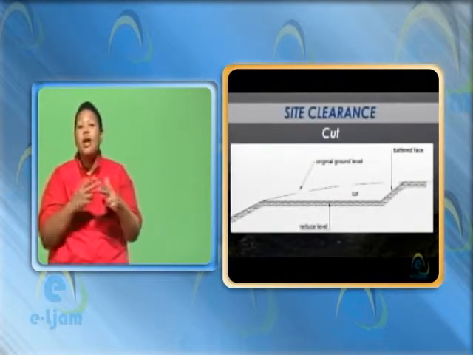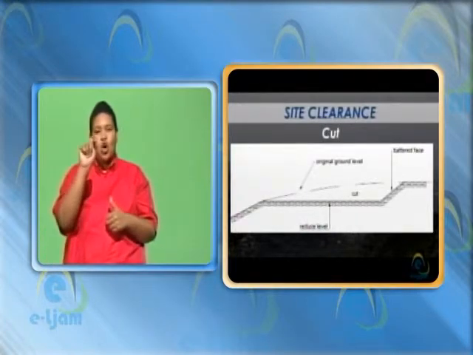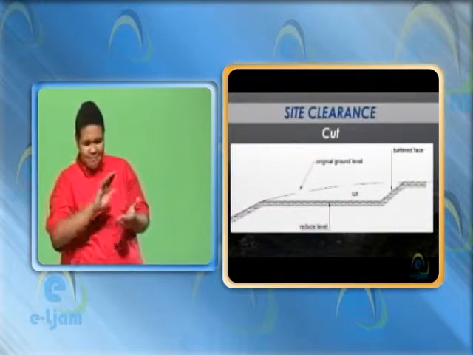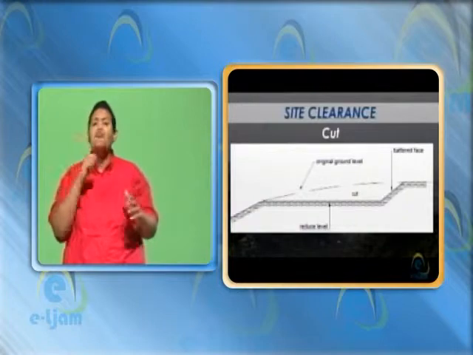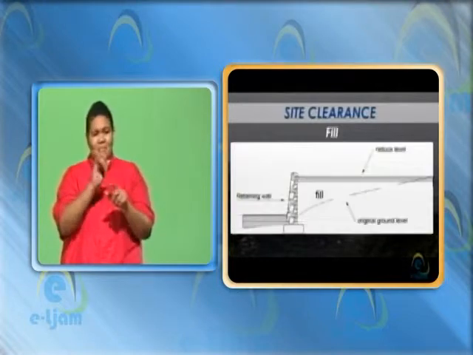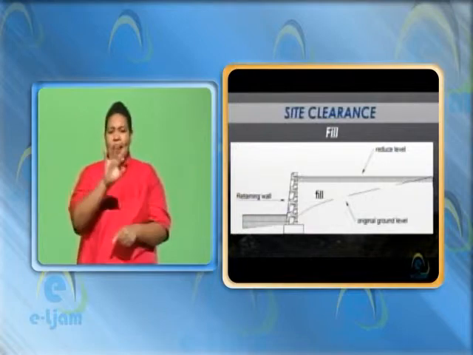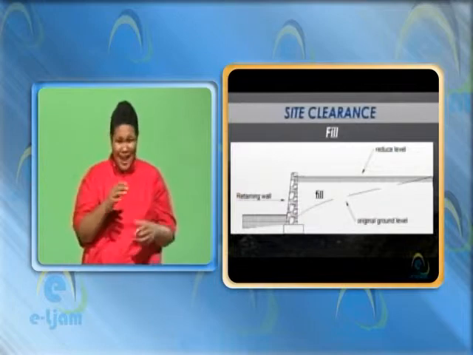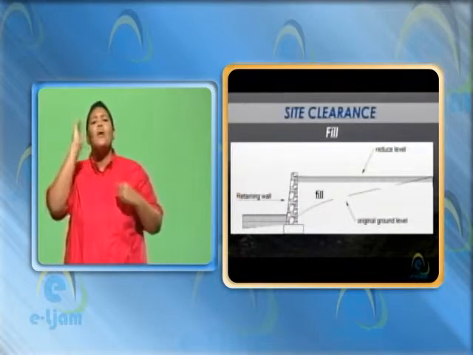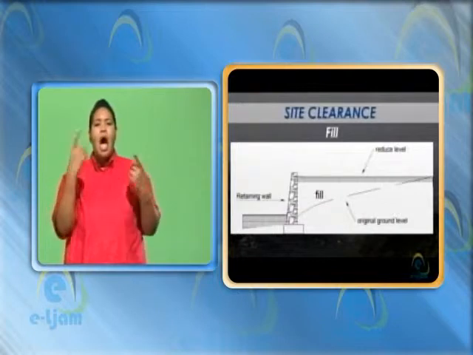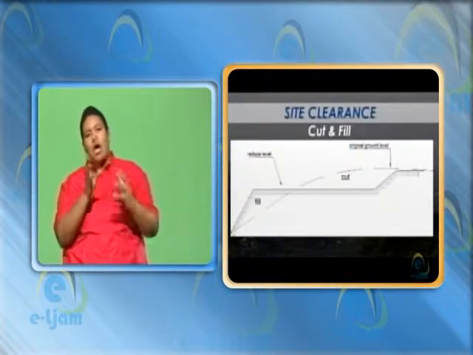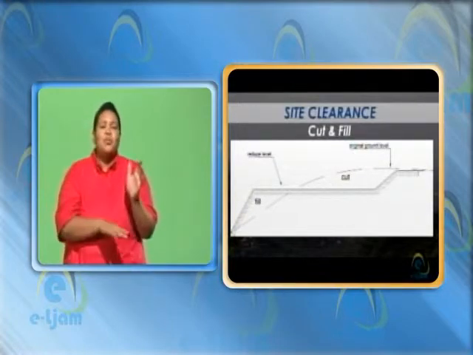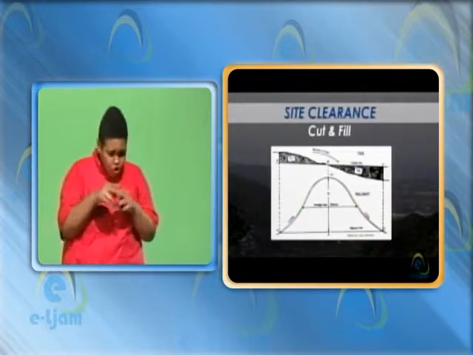These are: 1. Cut. This method has the advantage of giving undisturbed soil over the whole of the site, but has the disadvantage of the cost of removing the spoils from site. 2. Fill. A method not to be recommended because if the building is sited on the filled area, either a deep foundation would be needed or risk of settlement at a later stage would have to be accepted. 3. Cut and fill. The most economical method because if properly carried out, the amount of cut will equal the